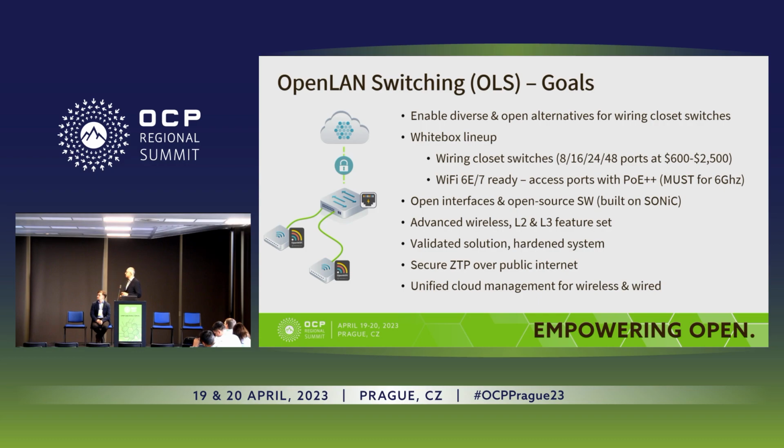Now, what are some of the goals? The first thing is there is a very extensive portfolio for data center switching that comes through the ODMs that are here and displaying a lot of this stuff in the booths. We want to make sure that portfolio is available for the edge and for the enterprise as well. We also want to make sure the lineup for the edge, which right now is very focused on 48-port and higher-end portfolio, with 1 gig and multi-gig switches, extends down to even 24, 16, and 8-port compact switches to cover all sorts of